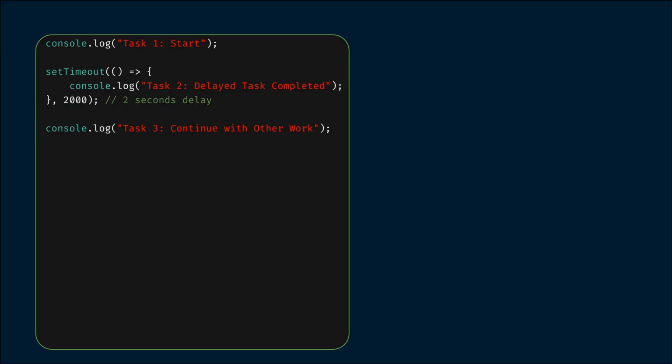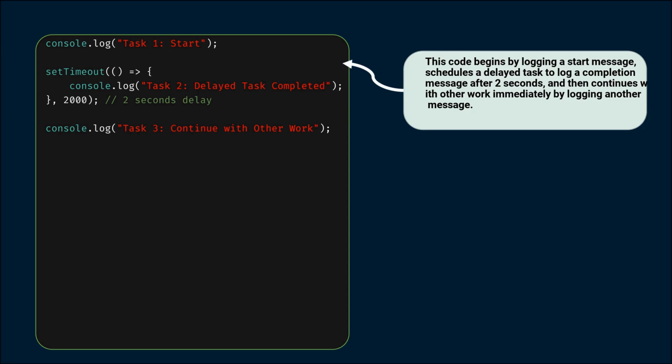Now let's take a look at how we can implement asynchronous operations using JavaScript's setTimeout function. In this snippet, we start by logging "task 1, start" to the console, signaling the initiation of the first task. The setTimeout function is then called, scheduling the execution of a callback function that logs "task 2, delayed task completed"